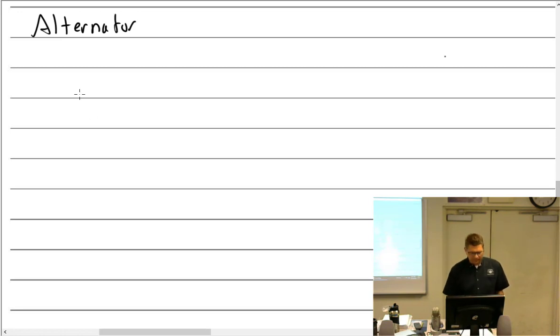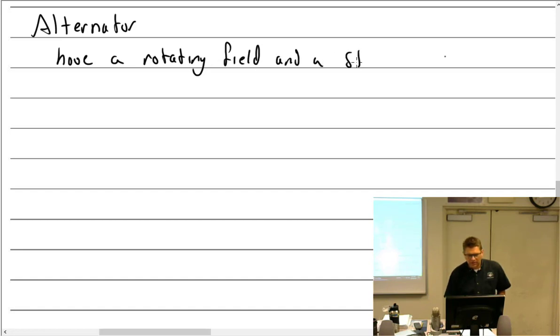All right, I'm trying to go off my notes here really quick. So let's see. Alternators: one, they have a rotating field and a stationary armature. This does something really cool when you think about it. When you're talking about a generator,